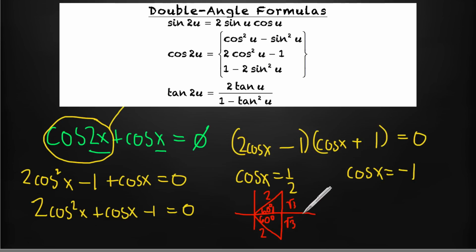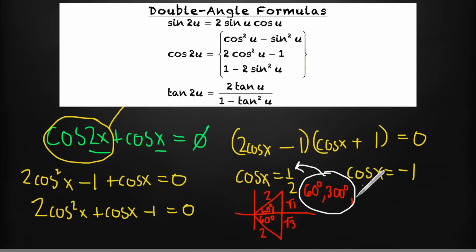And so one of our answers would be 60 degrees. For right now, we'll leave them in degrees. And the other angle would be 60 degrees rotated down, which would be 300 degrees. So these two solutions